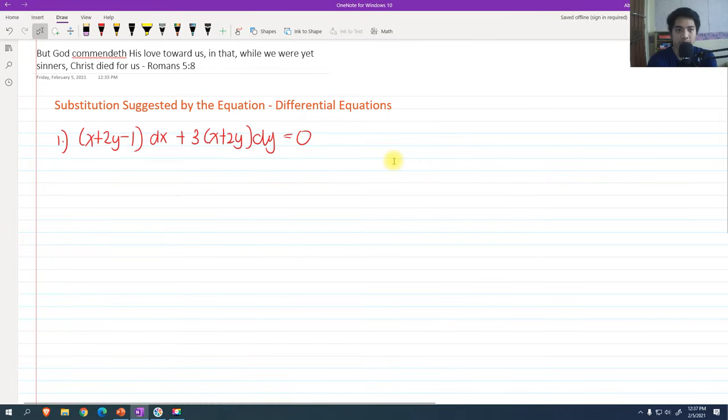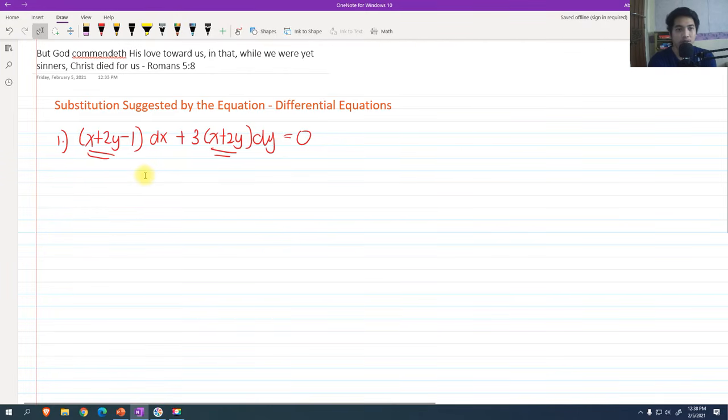suggested by the equation, we have to look for the common variables and terms in our equation. For this example, we have x plus 2y in both the dx and the dy. So what we can do is let a variable substitute for x plus 2y and solve the given differential equation. By doing that, we will come up with a differential equation that is much easier